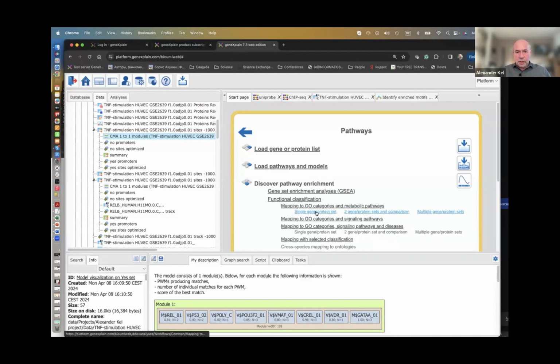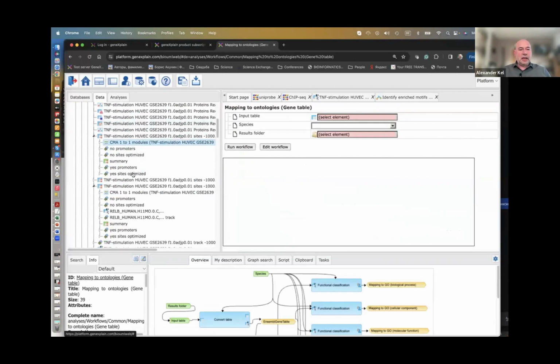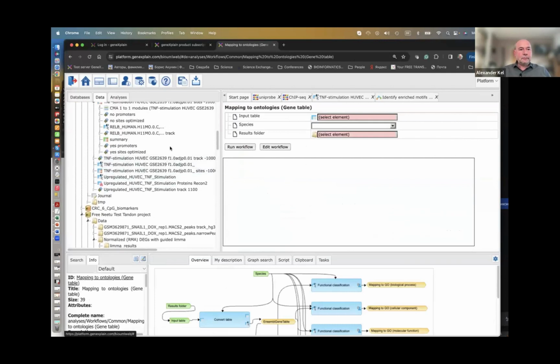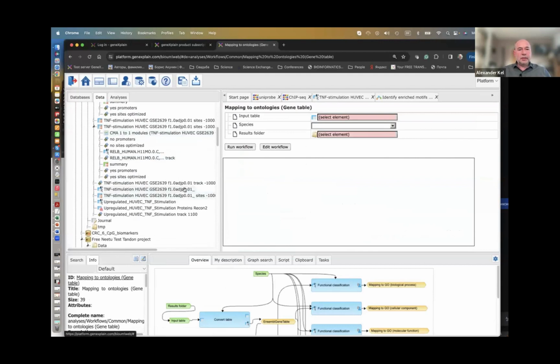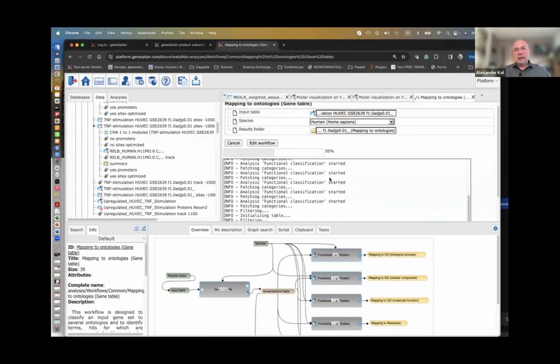Let me open which are available, and metabolic pathways, and you drag and drop your sets of genes here. So where's my set of genes? I specify the species and then run, and it will take your set of genes and map them on different types